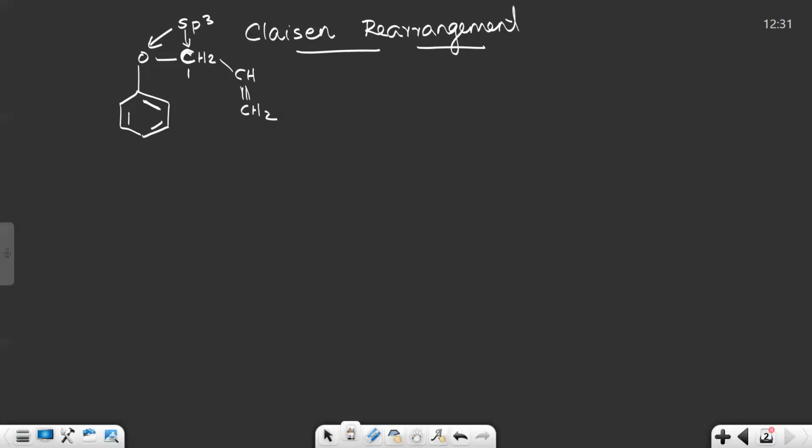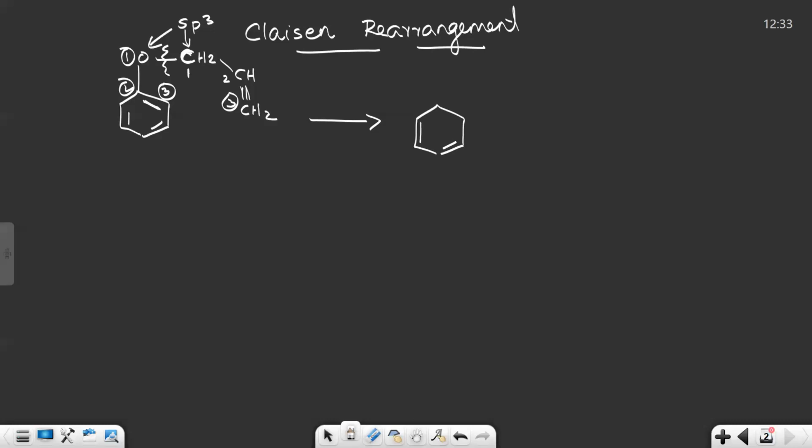So consider carbon number 1, carbon number 2, and carbon number 3 here. Carbon number 3 is this one, and oxygen we number 1, then carbon number 2, and this carbon number 3. When the 3,3 sigmatropic rearrangement takes place, a new bond will be formed between these 3 carbons, the 1,1 bond cleaves, and the double bonds will shift from 2-3 to 1-2 positions. The compound formed will be